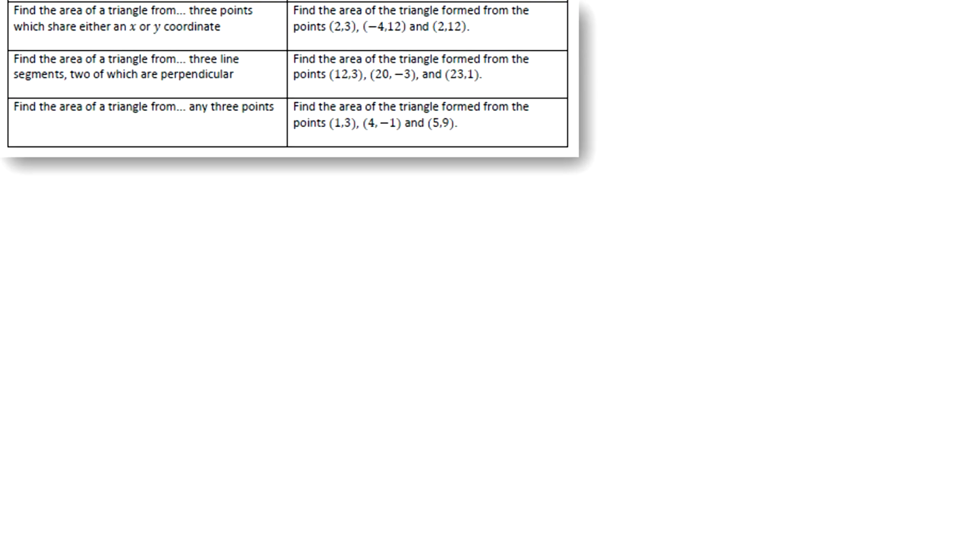These next three involve triangles. If you don't sketch the points out on a graph, it's going to be much harder to identify a nice efficient method for this, because these sort of ramp up in difficulty. The very first one, as soon as you see the diagram, things are going to feel a bit easier. The second one, a bit more work, but if you do enough work, if you're careful with your diagram, and if you can calculate some gradients, you might recognize there's a method that you could use that maybe you wouldn't have thought of before. The third one is the most awkward, because the points could literally be any 3 points,